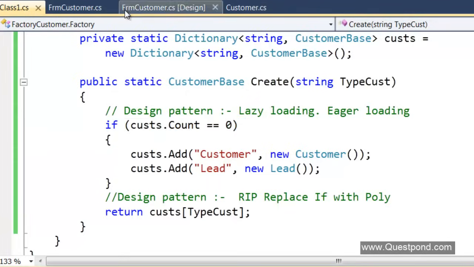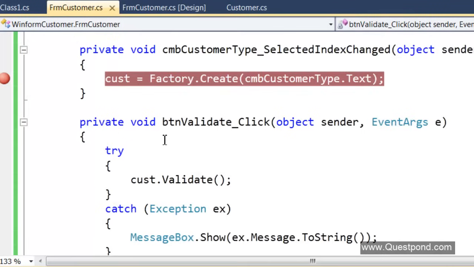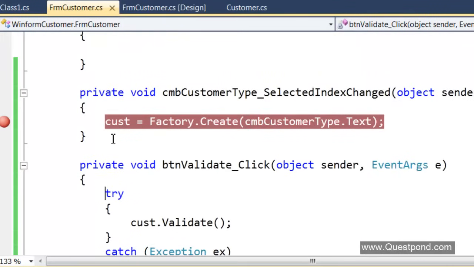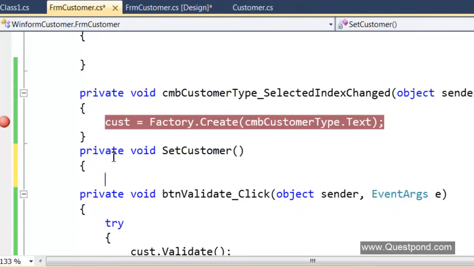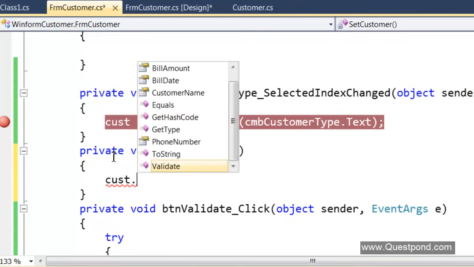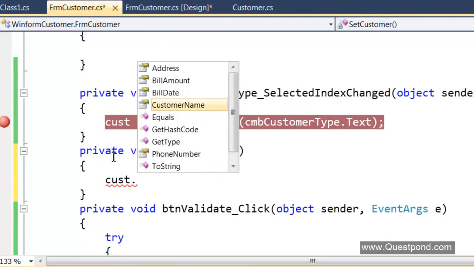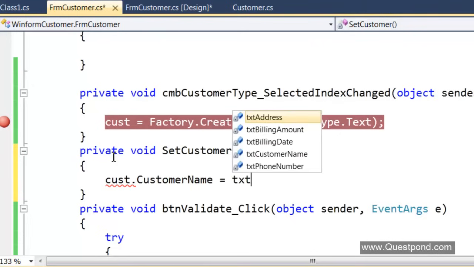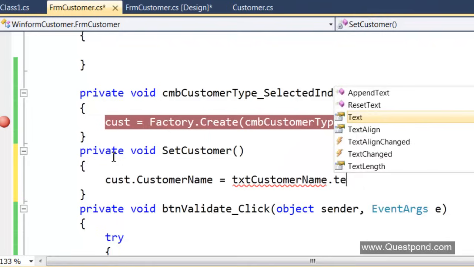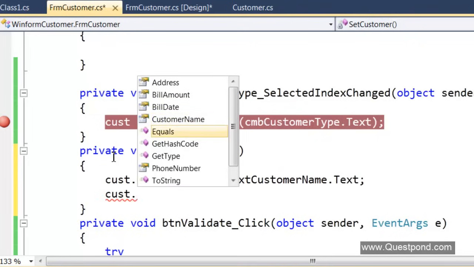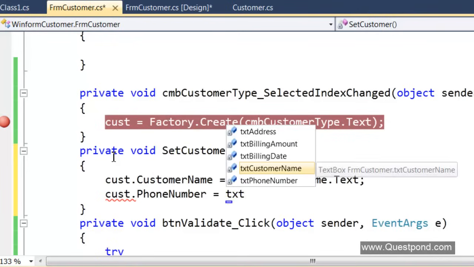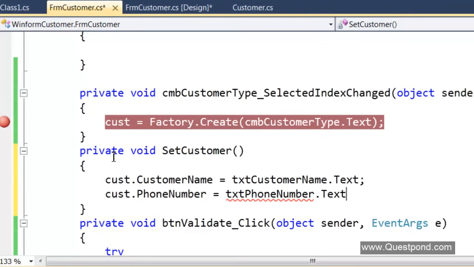Now let us quickly go and test our application. In the validate, we are already getting the type. So let us create a method here called set customer, and this method will say cust.customer name is equal to txt customer name dot text, cust dot phone number equal to txt phone number dot text.